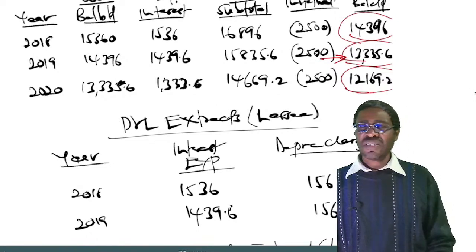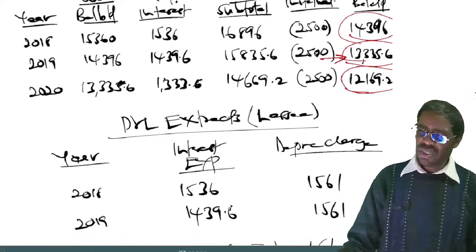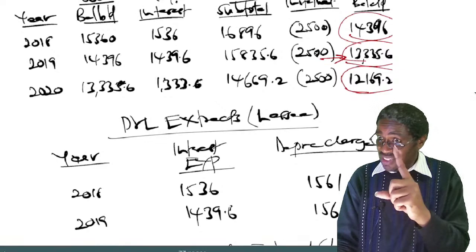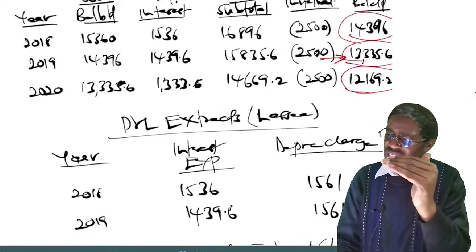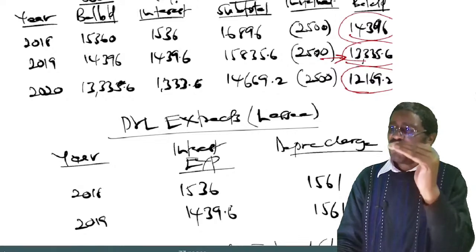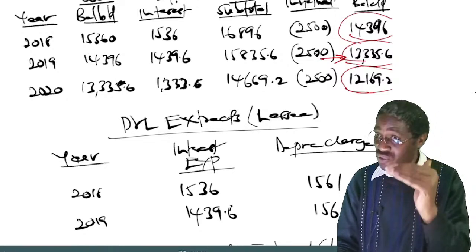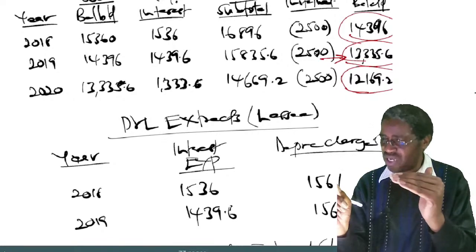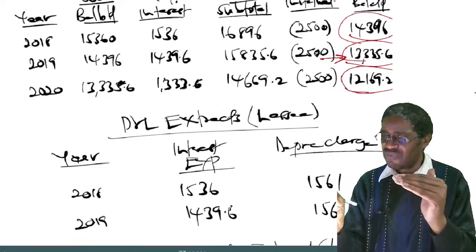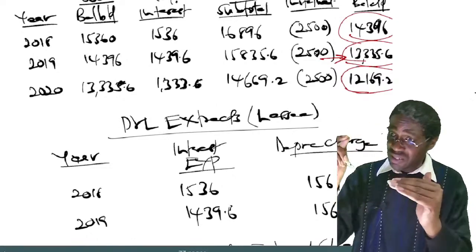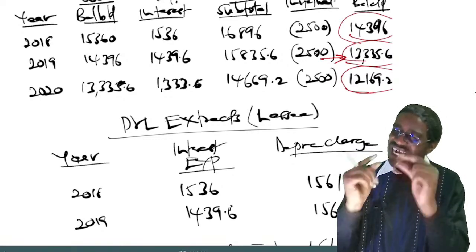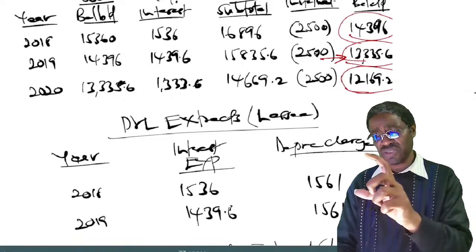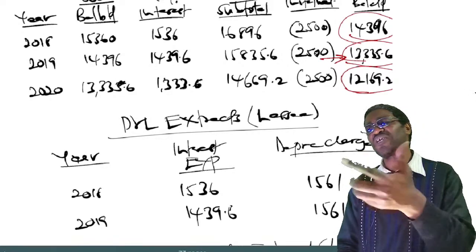Then, out of 14, how much will take me more than a year to pay? If by end of year 1 I'm carrying down a liability of 14, which must come down to 13 in the next 1 year, it means that the 13,335, which is already part of 14, that 13 is what I cannot pay within the next 1 year. It is part of the 14. But in the next 1 year, I must pay a difference of 1,000 and something.